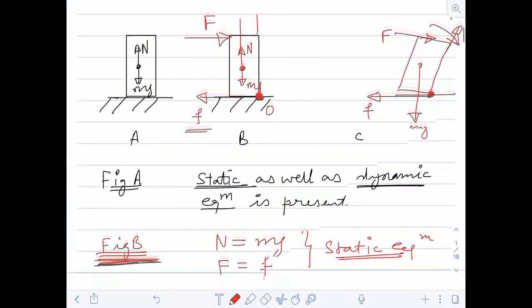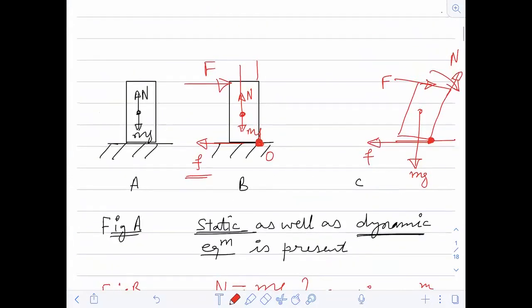Now if you see this figure C, I can say that friction force is not going to give me the torque. This N is not going to give me the torque. Why? Because about this point O, both F and N are on the same line. So frictional force and normal reaction will not give me the torque. The torque will be generated only due to the force that you are applying, and it will be countered by mg. Anybody having any doubt in this? Up to here, whatever I have said, if anybody has any doubt, let me know in the chat.